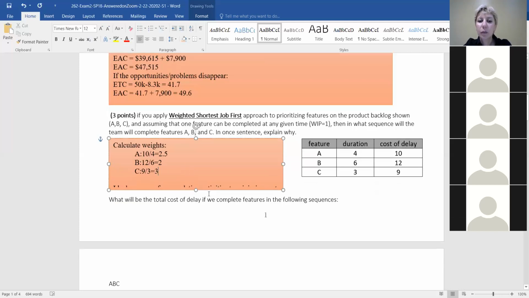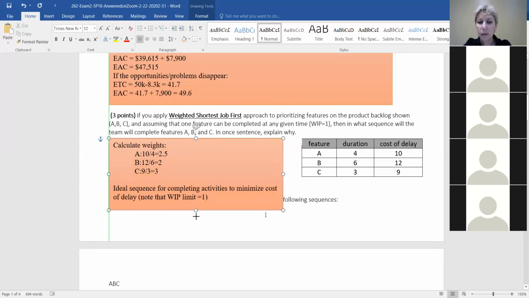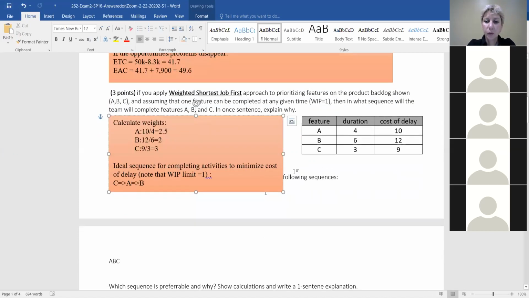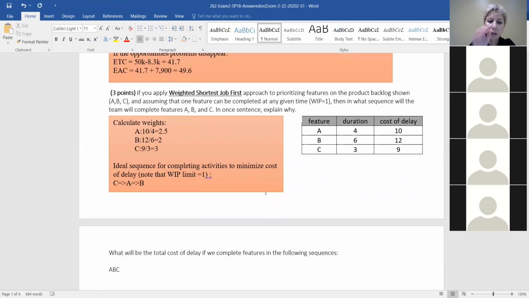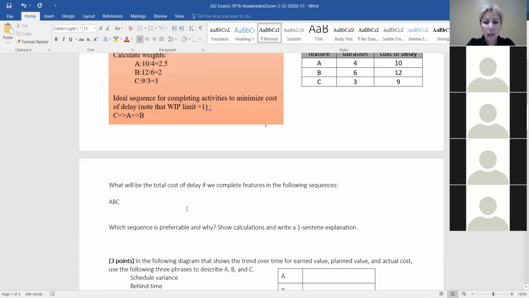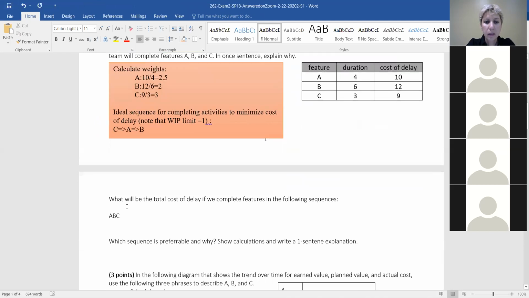Perfect. So what would be the ideal sequence? The higher the weight, the higher the priority. So you would do C first, then A, then B. Exactly. That's great, Nick. Well done. Now, with the help of 2 other classmates of yours, we're gonna compare this one and